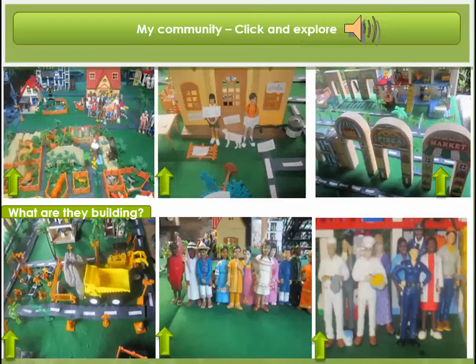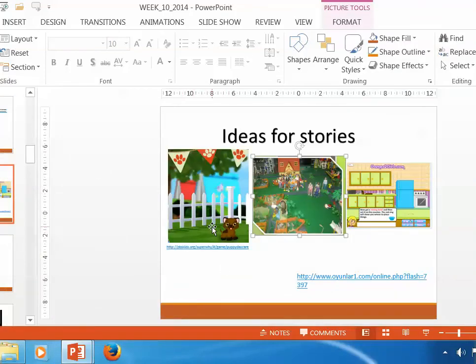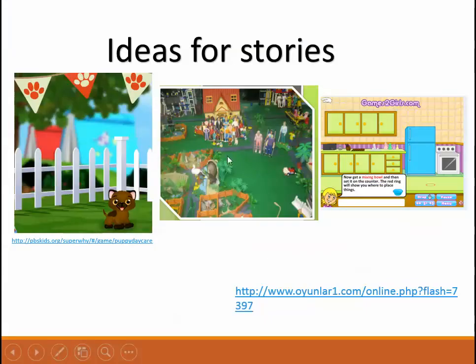But this is just a way to show you how you can actually warm up kids. So it could be through a game, so particular games about children, an entire community game. This is a cooking game. I love that cooking game. Have you ever seen those cooking games online?